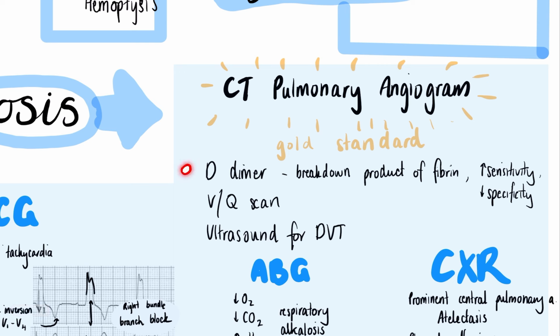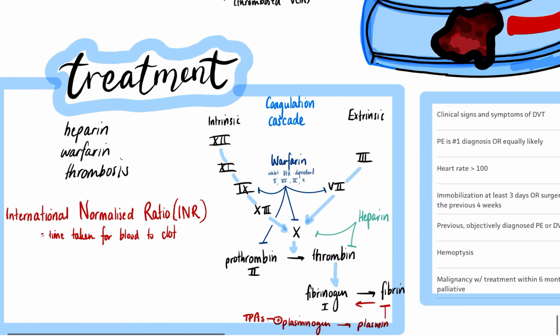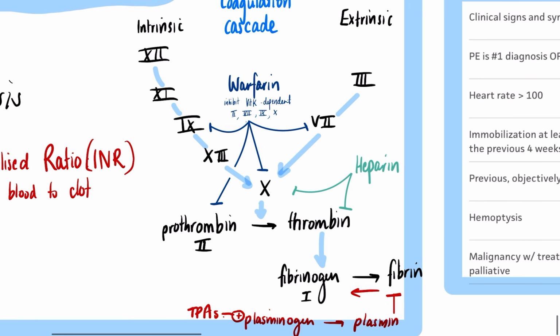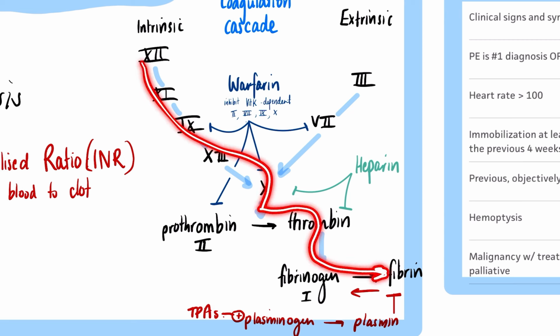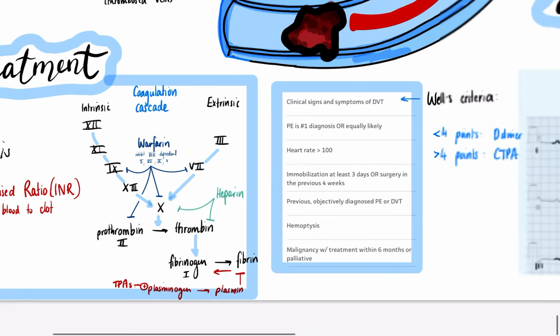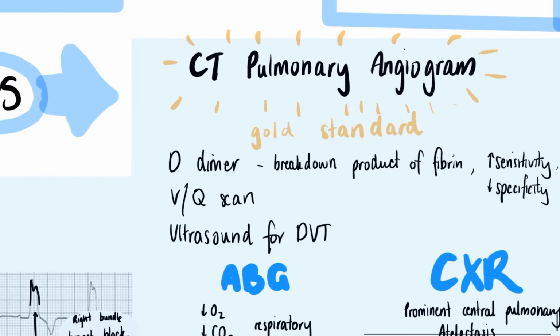performed a D-dimer test. So what a D-dimer test does is detect D-dimer, which is a breakdown product of fibrin. So just zooming over to our coagulation cascade here, you can see that fibrin is the final outcome of our coagulation cascade. So if you're breaking down fibrin, which is what the body is trying to do when there's a clot, you're going to also get D-dimer. And so an increase in D-dimer means that there's probably a clot going on somewhere.